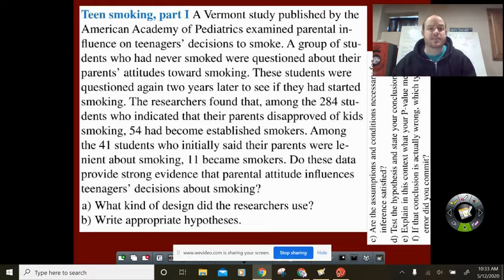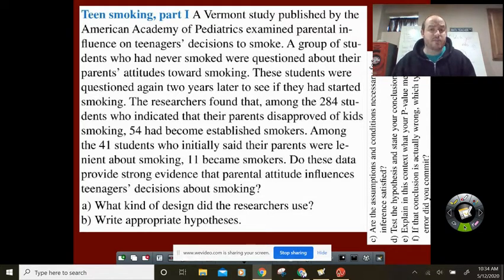Now, going through this, it says a Vermont study published by the American Academy of Pediatrics examined parental influence on teenagers' decisions to smoke. A group of students who had never smoked were questioned about their parents' attitudes toward smoking. These students were questioned again 2 years later to see if they had started smoking. The researcher found that